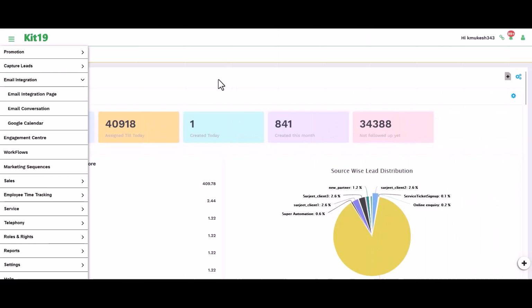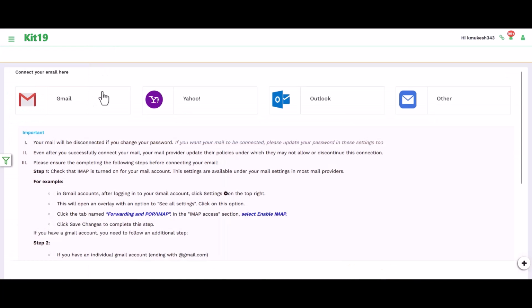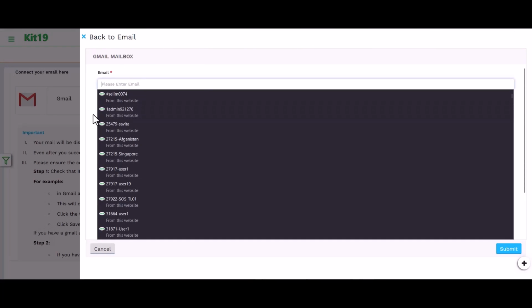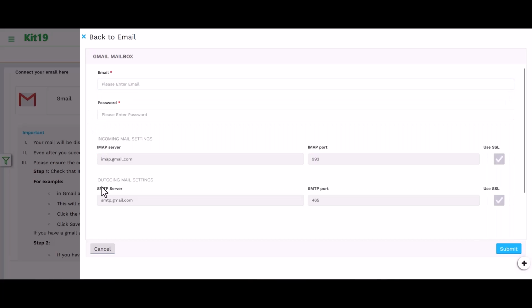Business activities and emails are no exception to that. Your employees must be using emails to communicate with your customers, but now with Kit19 they don't need to switch between different platforms to send or receive emails and do their other activities. Plus, this makes it easy for your employees to get a 360-degree view of customers, including all their activities and